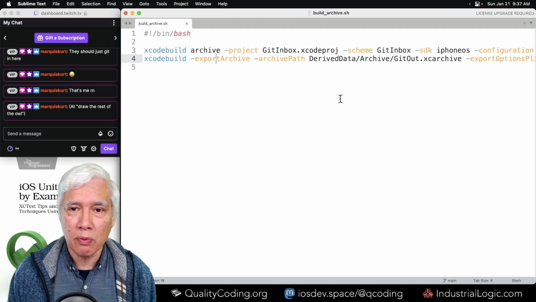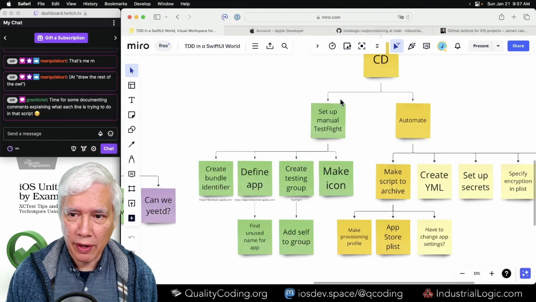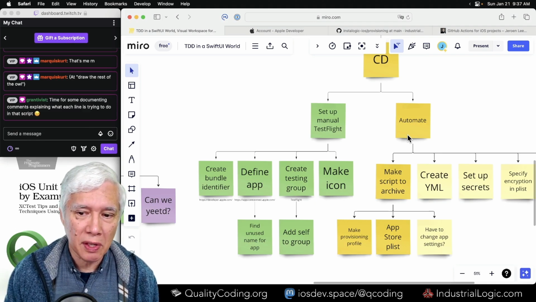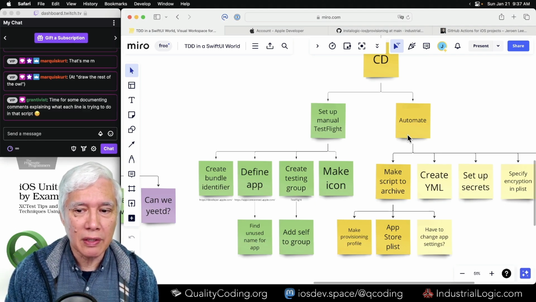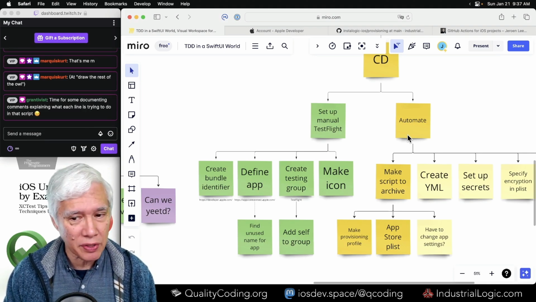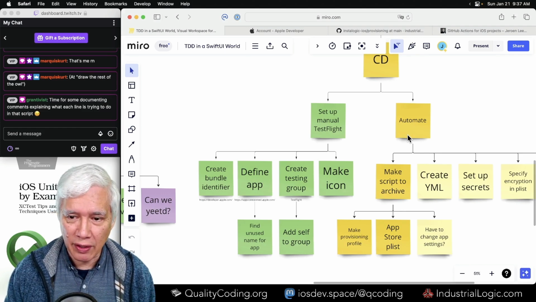So the idea is, rather than putting a script onto a cloud service somewhere and trying to get it to work, let's see if we can get it to work locally first, at least parts of it, because the feedback time is so much faster. And that's where we were, and that's where we were stuck,